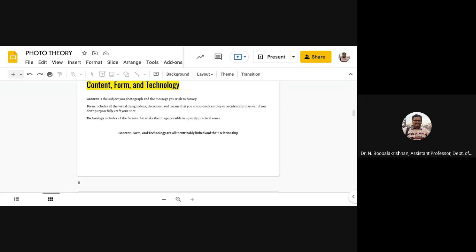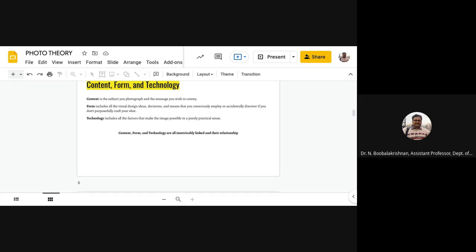So this applies to the process of photographing and the finished image, where these three aspects are evident in different proportions in any photograph: content, form, and technology.